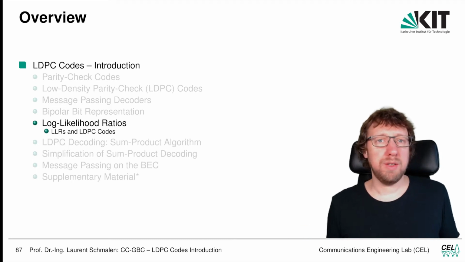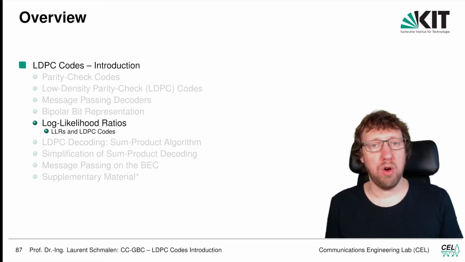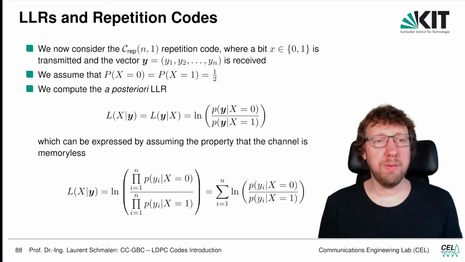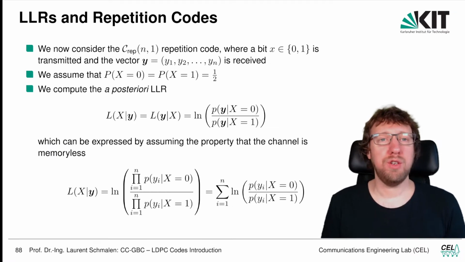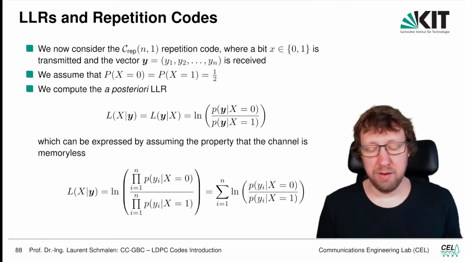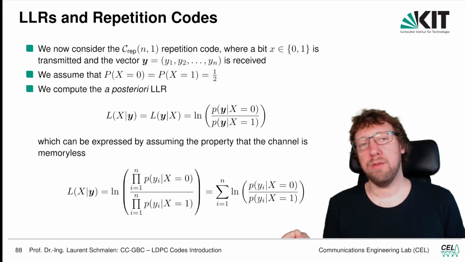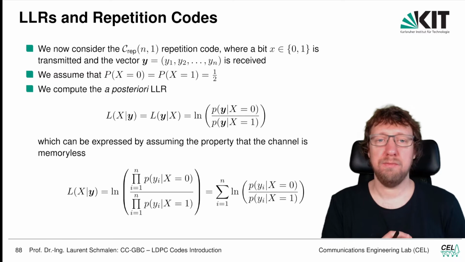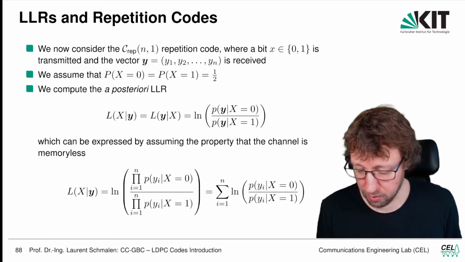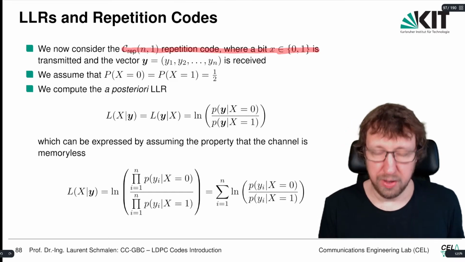Having log-likelihood ratios, we can now see how we can apply log-likelihood ratios to the decoding problem of LDPC codes. So first we look at how we can use log-likelihood ratios to decode a repetition code. We will see later what the relation of a repetition code and an LDPC code is. So first we assume that we have a repetition code of length n, where we transmit a bit